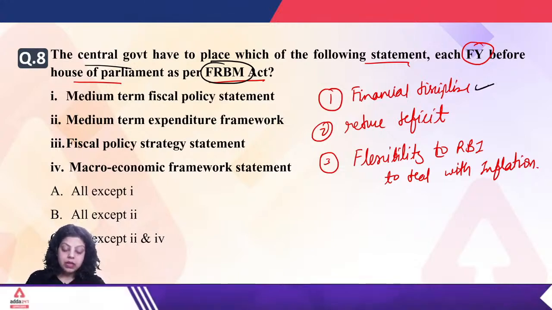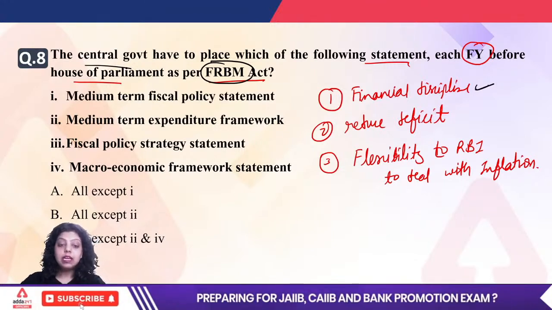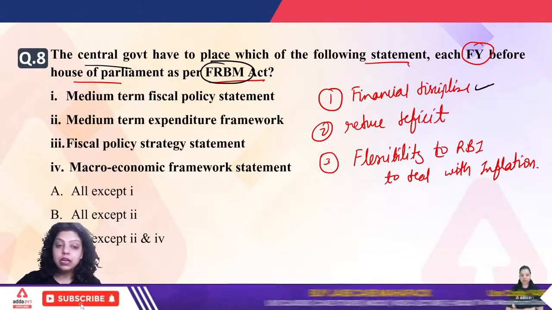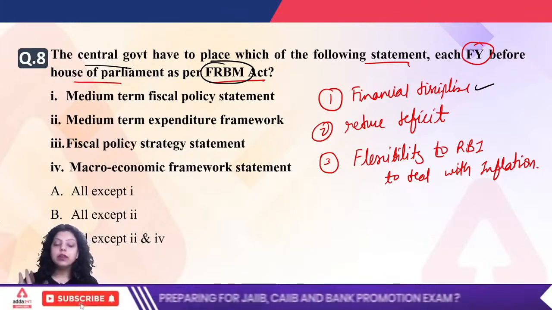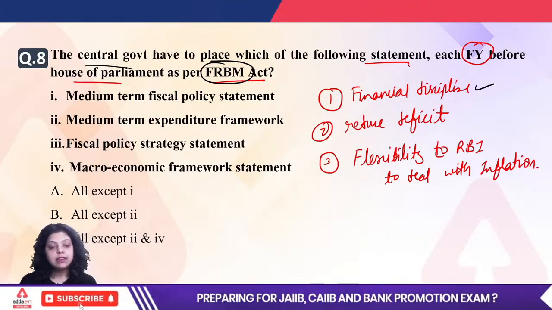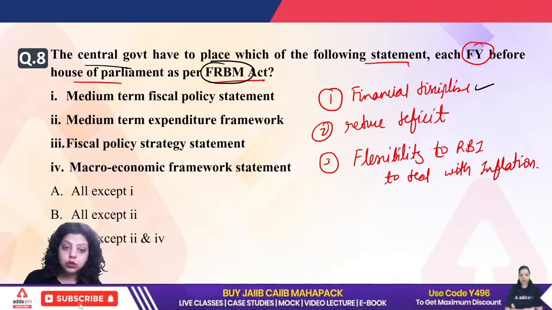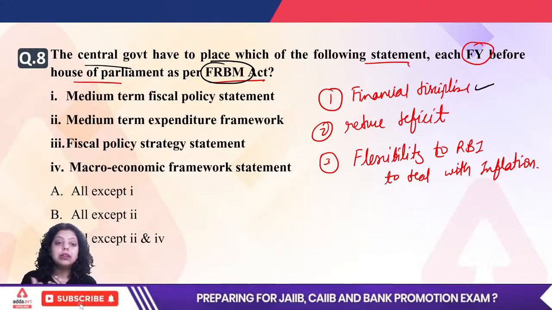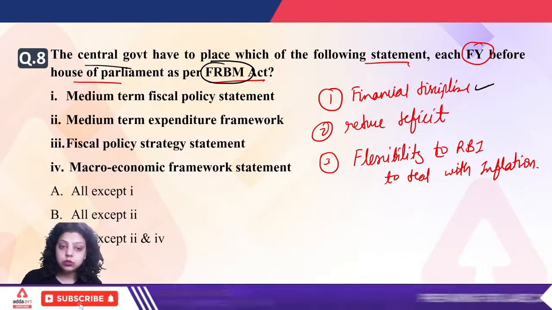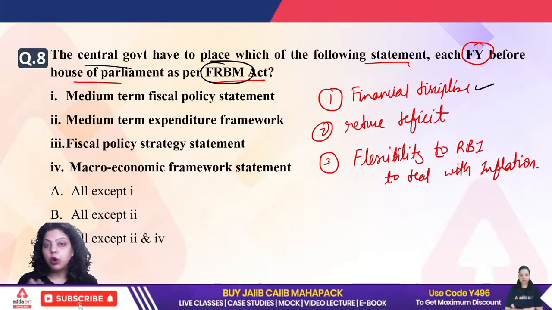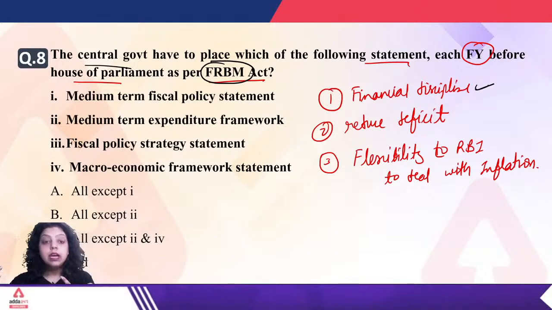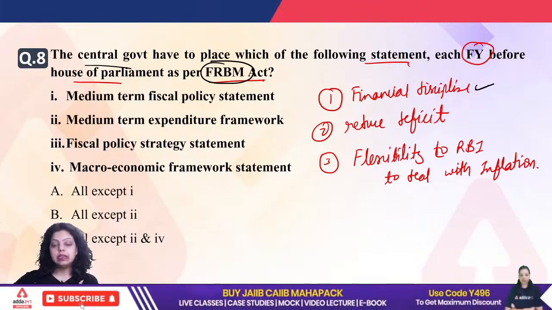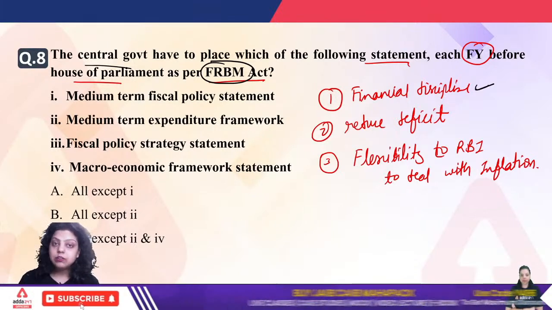financial discipline. For example, every year our budget will be a deficit budget because we are a developing country, and government of India has to spend more on the development of the country than it earns from revenue, whether it is infrastructure development or social welfare for people of weaker sections. So the government has to spend more every year in comparison to what it earns from taxation or other resources. In that situation, the government always has to borrow money from the Reserve Bank of India, the World Bank, or any other country or international organization. Every year our deficit is increasing, and the financial burden on the government of India is increasing.